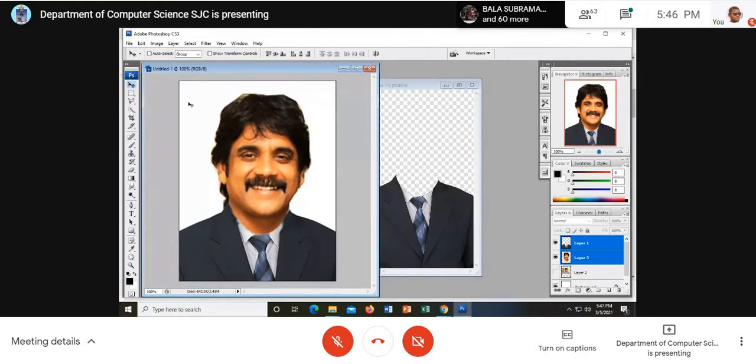Before I give background color, what should be chosen? The background is supposed to be chosen. Look here, the background. I click on it or right click and choose the background. I have chosen the background. I'm going to give a single color. How do I give a single color? Go here, look at the toolbar: 1, 2, 3, 4, 5, 6, 7, 8. There is a tool called paint bucket.